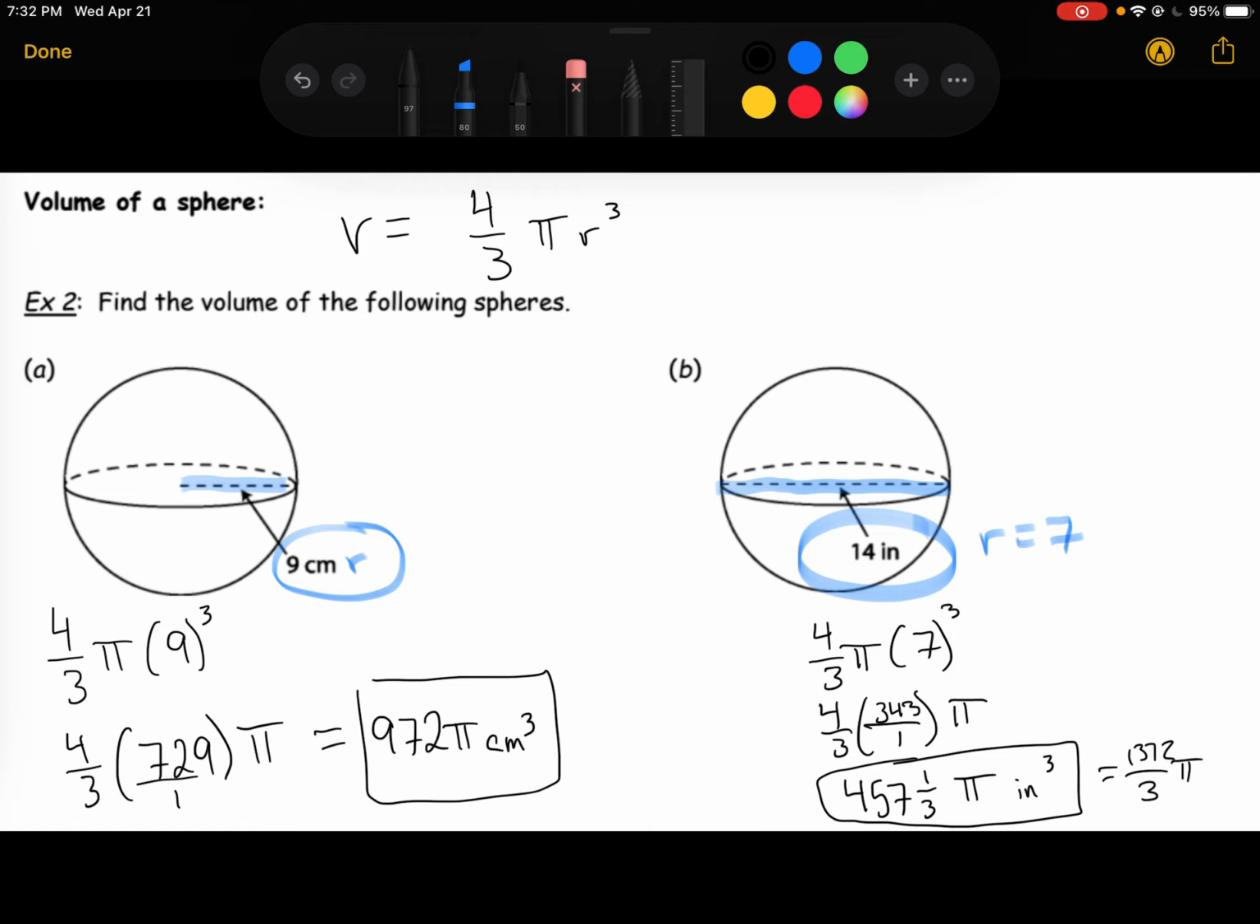You also might see this left as a fraction. So another way to write this, because it doesn't divide out evenly, they might just leave it as 1372 over 3 pi cubic inches. Those are the same thing. So the only difference is 457 and 1/3 is that 1372 over 3. So those are the same number. One has been divided, one hasn't. You might see it either way on the state test, so just wanted to note that here if it doesn't divide out evenly. So those are the two formulas to focus on for